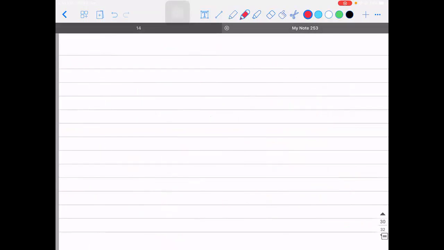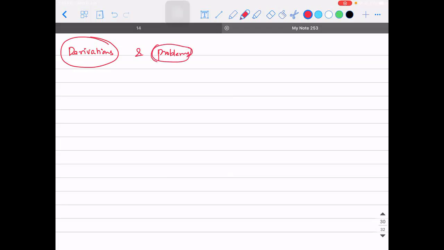Since this chapter is important, today is Wednesday, right? Thursday, Friday, Saturday, Sunday. These four days are actually sufficient. I'm going to conduct a test only based on derivations and problems which I taught in the class. So practice all those. This chapter is important. Only this chapter's derivations, not all derivations, that's not possible. Only this chapter's derivations and all the problems that I discussed in the class. I'll not ask anything outside that.